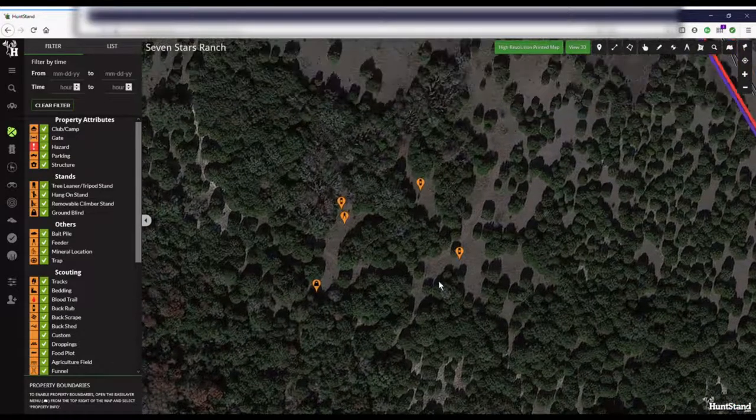We come into this area. This is the area we call, or I call, the mountain blind. All right, I click right here. It's a mountain ground blind. So there's the blind, there's the feeder, the barrel feeder, and these are just some